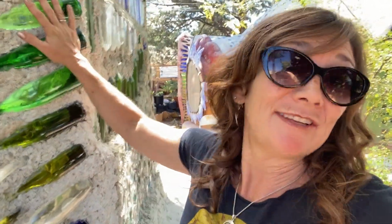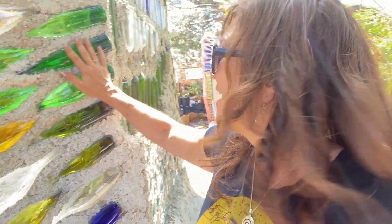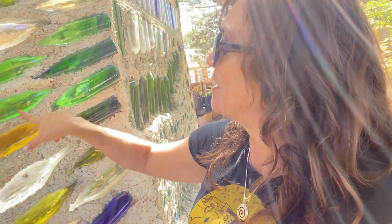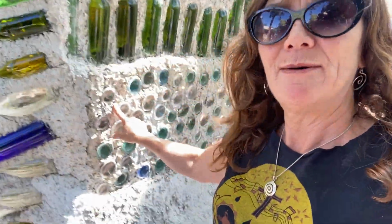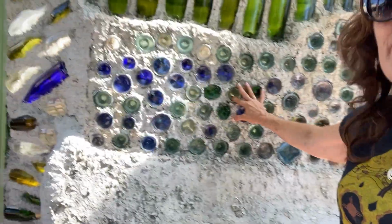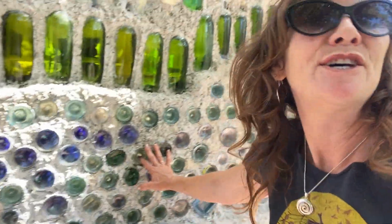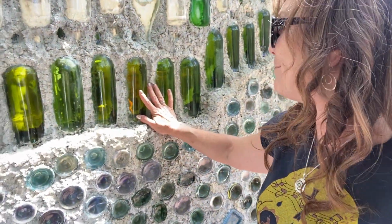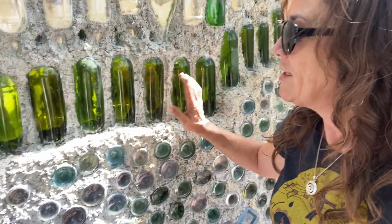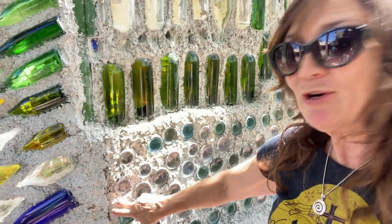What I have learned, there's so many things, but I'm going to narrow it down to just the top 3 that come to mind while I'm staring at this, my latest bottle wall, which was an experiment really in using whole bottles. I have some cut bottles over here, which are 2 bottles, bottoms put together. I'm trying to get an angle where you can kind of see the light does shine through them. And the 3 tips that I wanted to share are, you might not have considered that papercrete, which I'm building